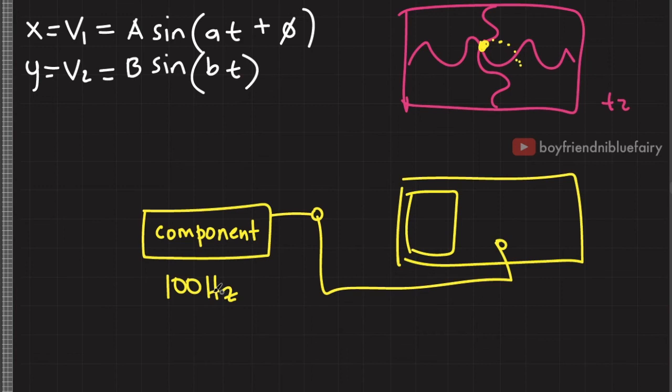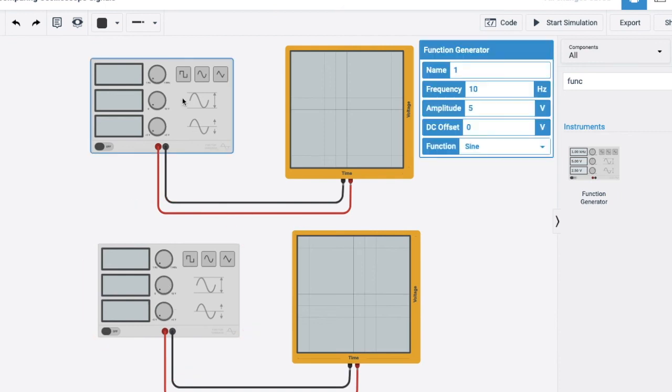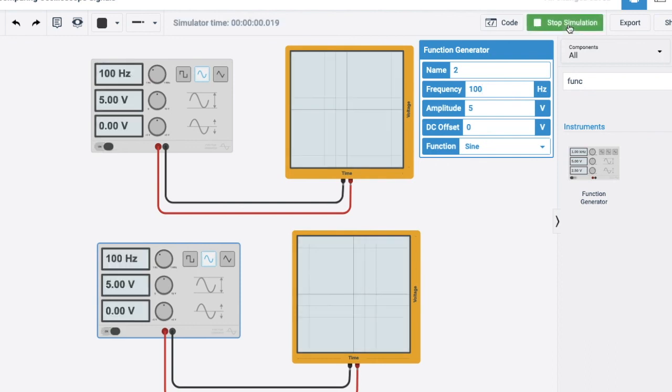So I suspect that maybe my component is broken, maybe it's not operating at a frequency of 100 hertz, maybe lower than that or higher than that, and so on. So I'll assume that such component is represented by this second function generator. So let's assume that this one has a frequency of 100 hertz. And this one also has a frequency of 100 hertz. So if I try to run the simulation,